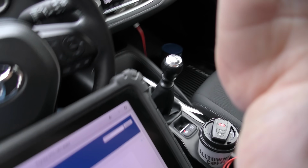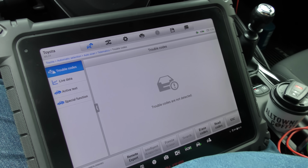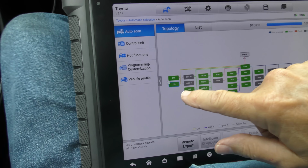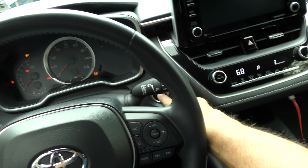Now, he bought this thing used. A lot of times, when they sat on the lot, if the battery got too low, guess what happens? The BCM loses communication because the voltage is too low. So it could easily have been that. Now, we're just going to erase it before we take it for a road test, because it easily could have been just low battery voltage. See, it erased it, so it's not a permanent code. Now, we're going to start her up,